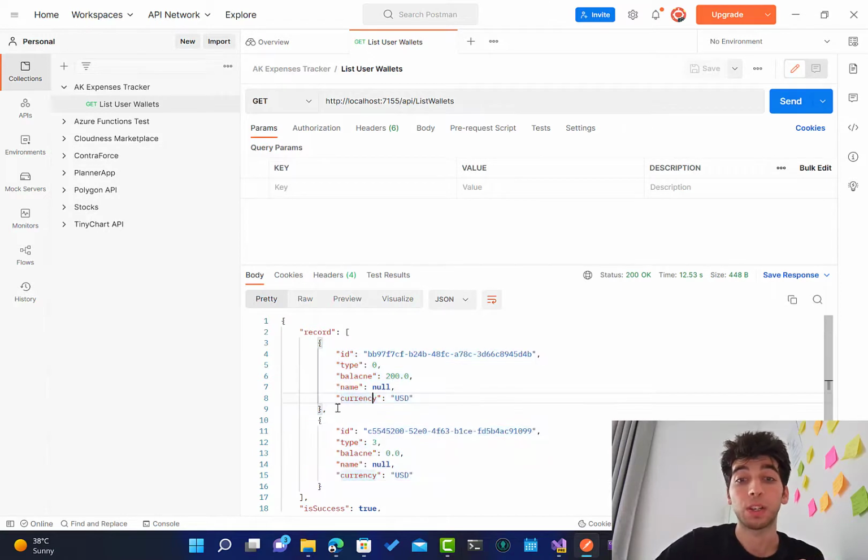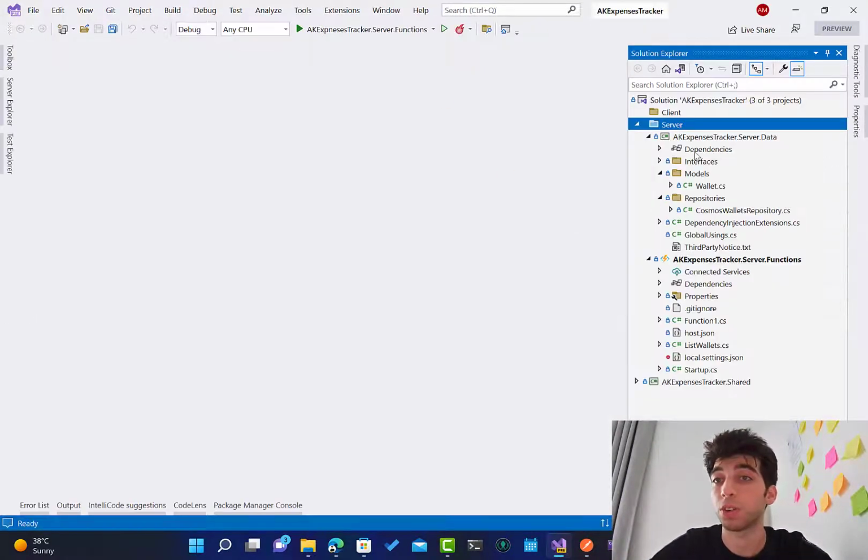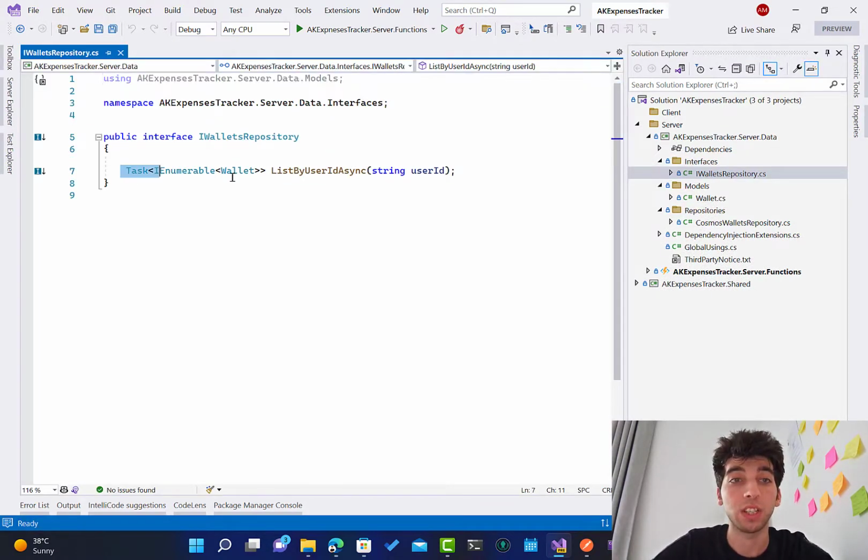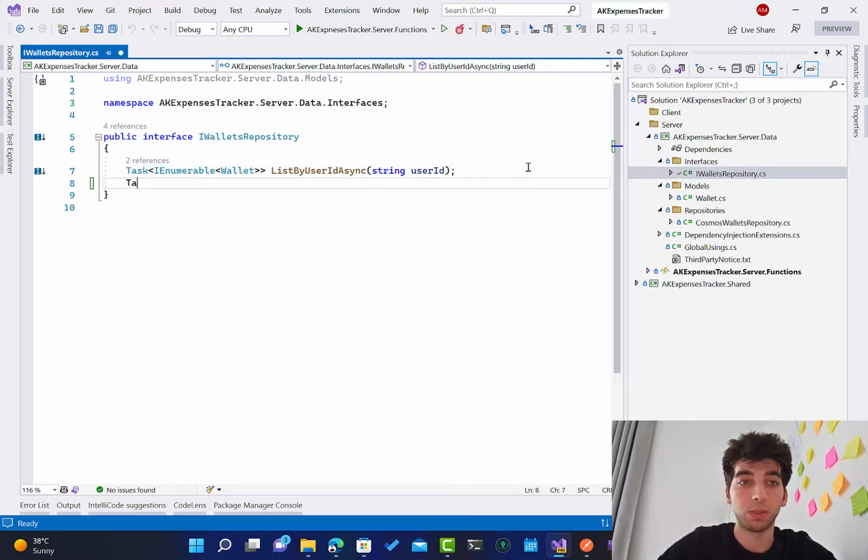But when you retrieve one wallet by its ID, we need to retrieve all the details of that wallet. So this is what we are going to do today, but we are going to focus only on the data part that will retrieve this data from the database. I will go to the repositories, first to the interface, which retrieves list by user ID. The other thing I'll be doing is retrieve wallet get by ID async string wallet ID,